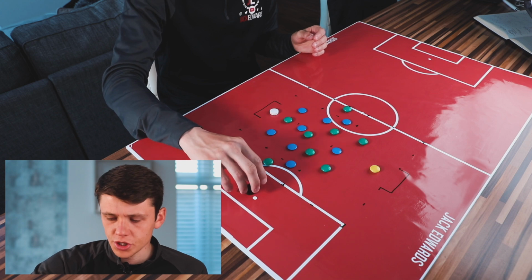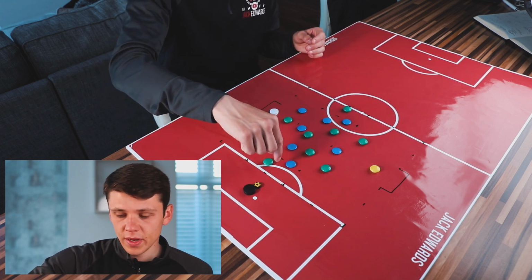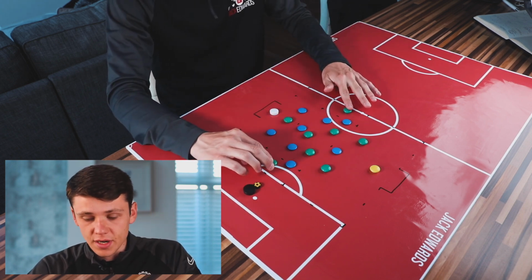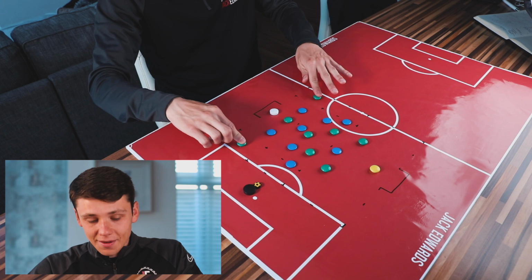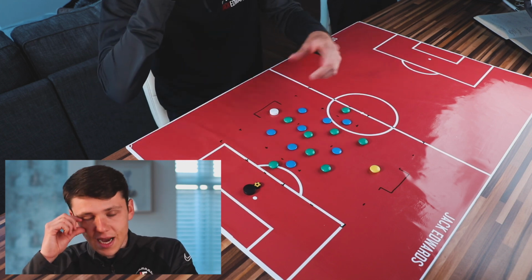So the ball will start with the coach. He will play into any of the players in here. So then in terms of the width, it's going to be 10 yards either side with 30 yards central. The wide players for the Greens, in possession, have to stay in the wide area. So they can come into the final third, they come to this area here, but they have to stay in the wide areas,